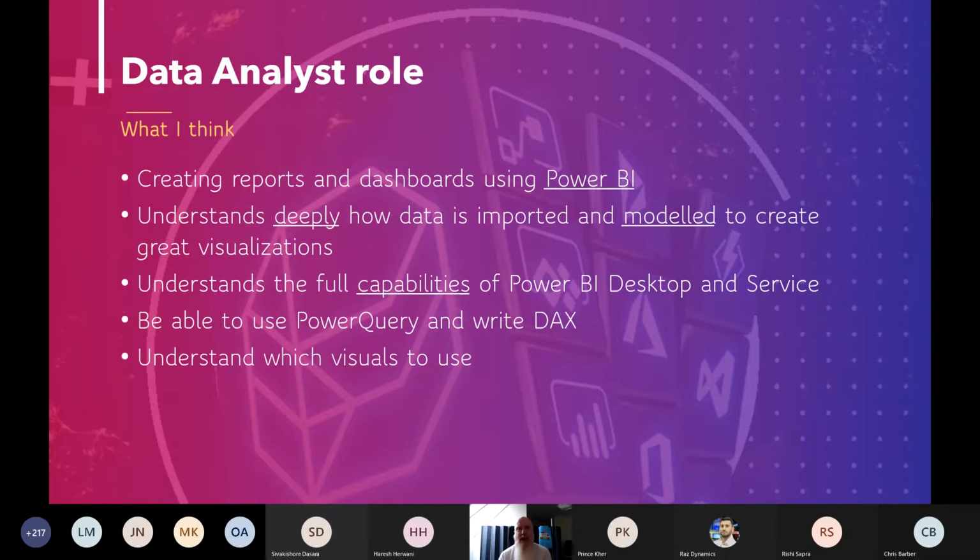You do need to understand, I think, deeply how you get data into Power BI, both Power BI Desktop and Power BI Service, and then how you cleanse and transform and model that data, and all sorts of things you do with that. So we're going to talk about making use of Power Query. Power Query is one of the key skills, really key skills. You need a good understanding of what you can do with Power Query to get your data into Power BI. You then need to model it.